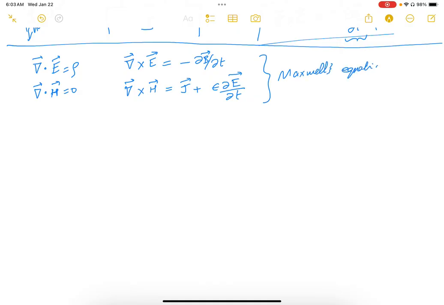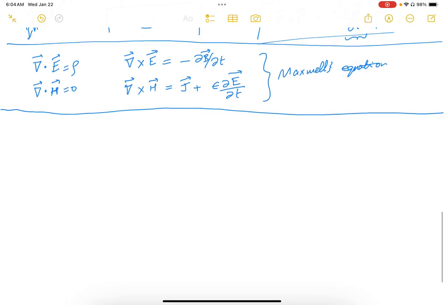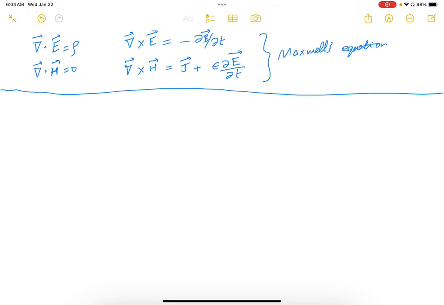Now, these equations are very general, and they apply to any system. They apply to electronics, to a transmission line, to antennas, and really to any kind of electromagnetic phenomena you can have. But what we are going to particularly use them for here is to understand how a signal propagates along a link between, say, two chips. The link is usually a transmission line, and we'll talk later about what a transmission line actually is. So now, if you look at these equations,